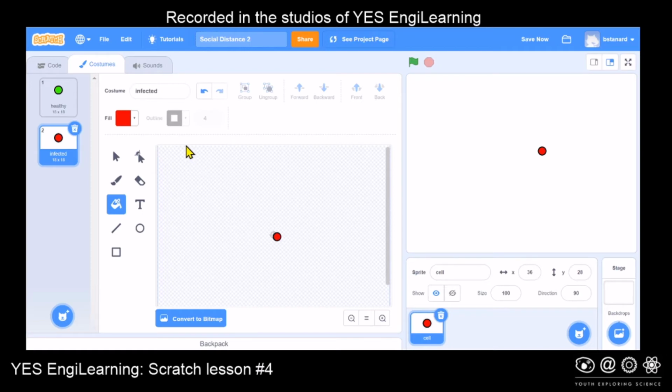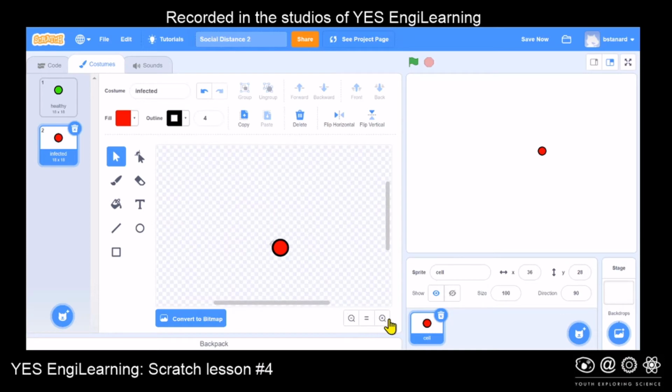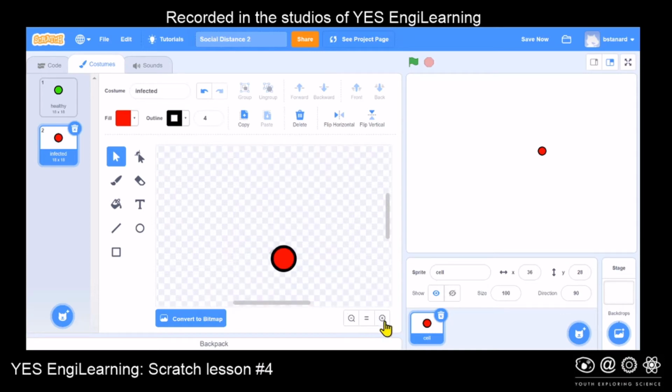I want that to be red also, so I'm going to click over here on the select arrow, and I'm going to zoom in by coming over here and grabbing the little magnifying glass with a plus in it,